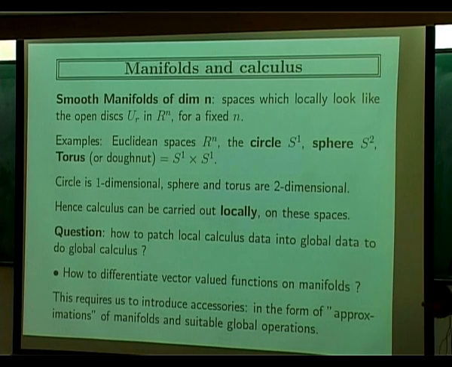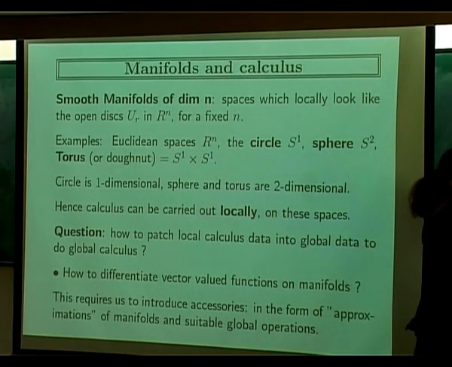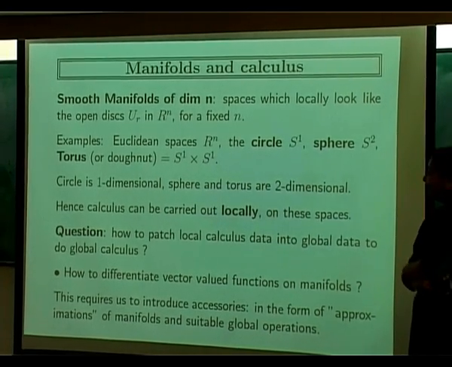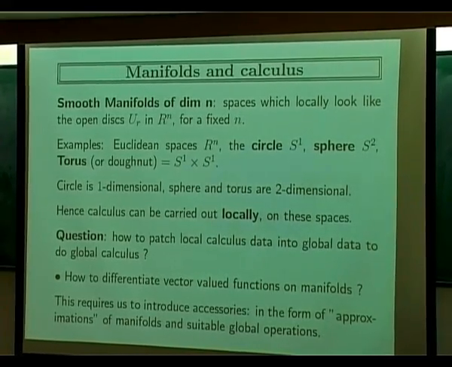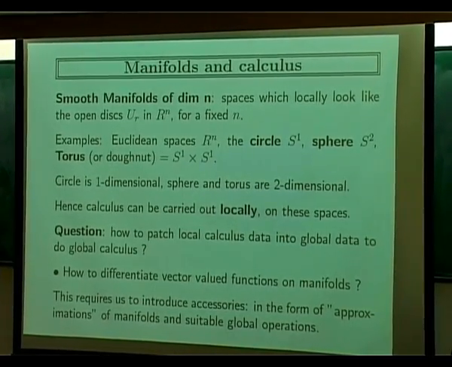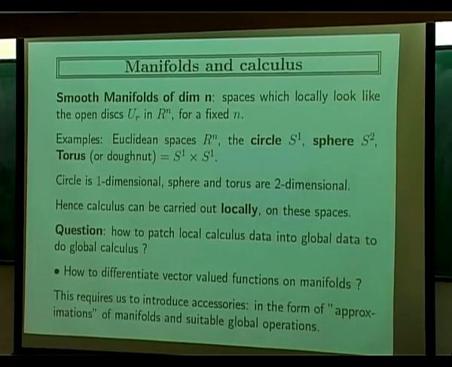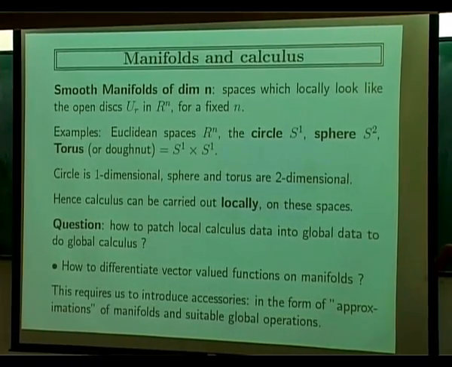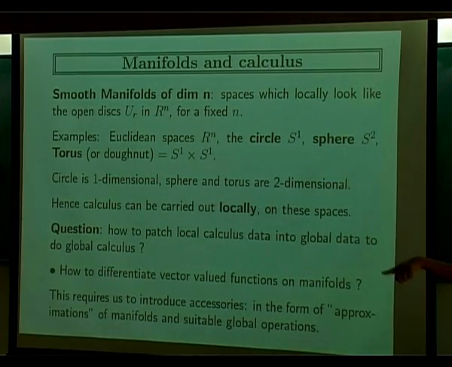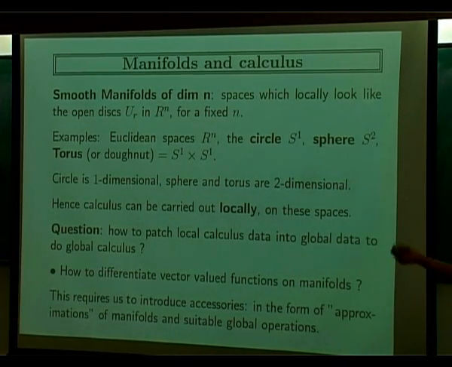So the basic question is that, on your real space you are able to do calculus, but if you restrict to some spaces which have different shapes, how do you carry out calculus? So at least if we require that locally they all look like open sets in some fixed real space, Rn, then we know that you can carry out local calculus, because it just looks like an open subset in some fixed Rn. So you can do local calculus, pointwise, neighborhood-wise, you can define continuity, differentiability, integration,